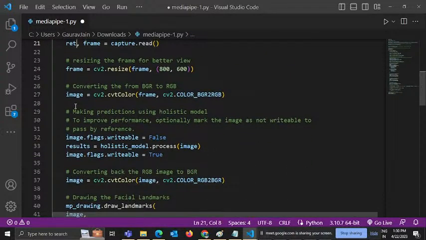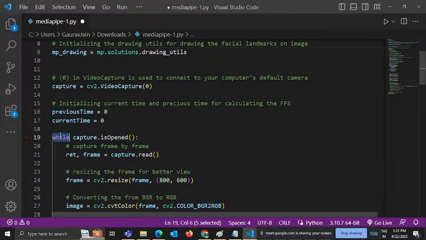So here we have defined a while loop. So while capture dot is opened, while in Hindi translates to